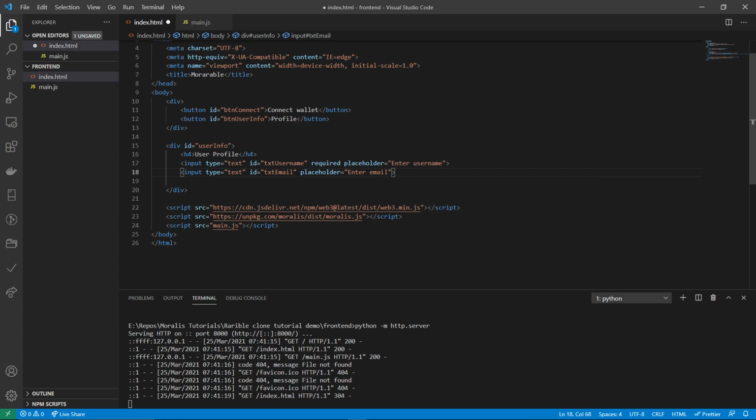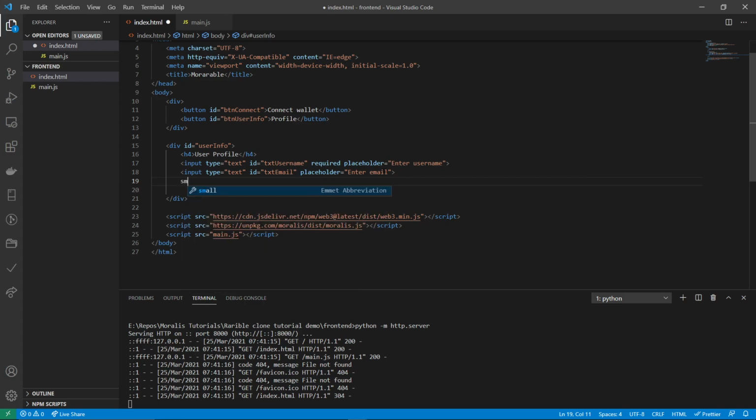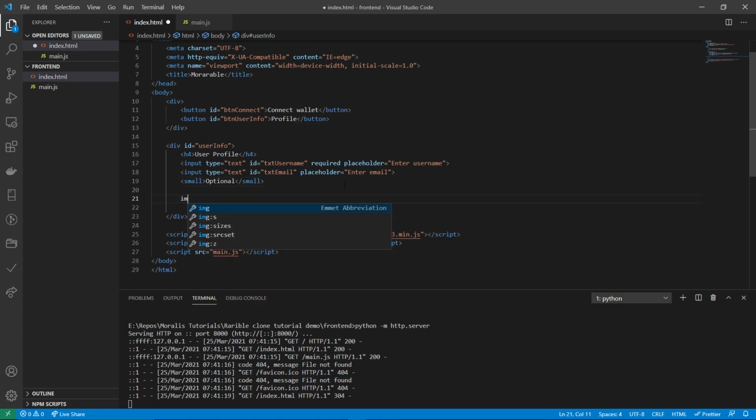And since this is not required, we can just make a small text that says optional. Then we want to display the avatar. So we do img image, and we will not enter the source now because we will do it from the code. And we can just give it an ID